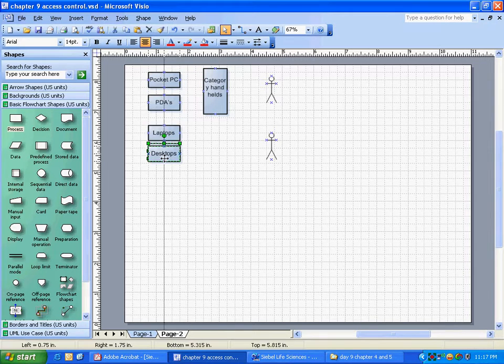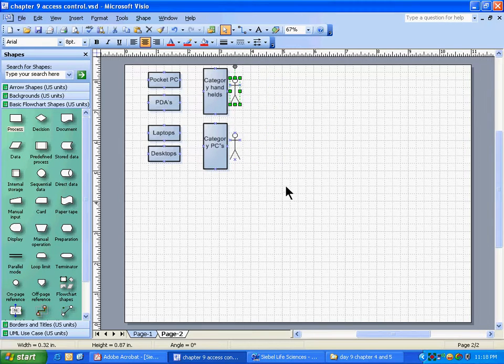Is it right? And then I can assign this record to him and assign this record to him. Making sense? This is the way it works.